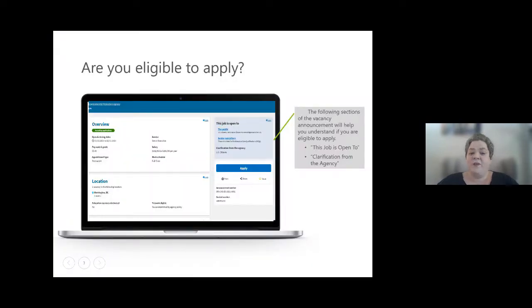So let's say that you're browsing jobs on USAJOBS.gov and find one that looks interesting to you. When you click on the announcement, you'll see this screen come up. The first thing that you'll want to pay close attention to when looking at any job announcement is that little blue shaded box on the top right of the screen that says, "This job is open to," and clarification from the agency. This section lists essential information that will tell you if you are or aren't eligible to apply to